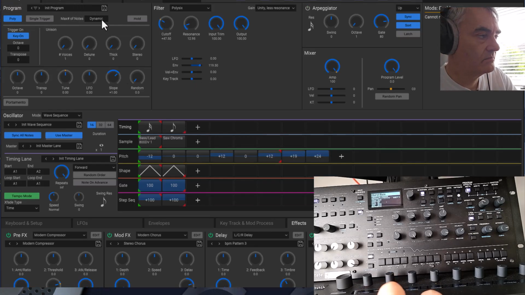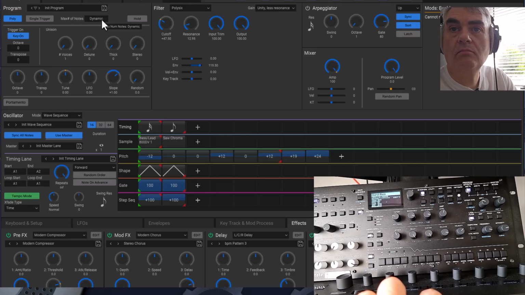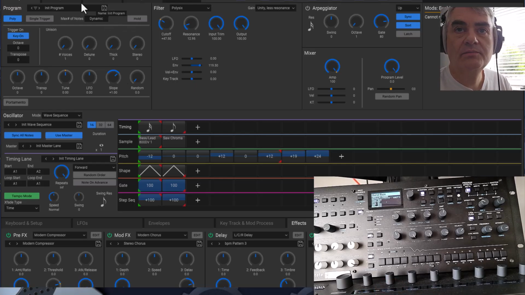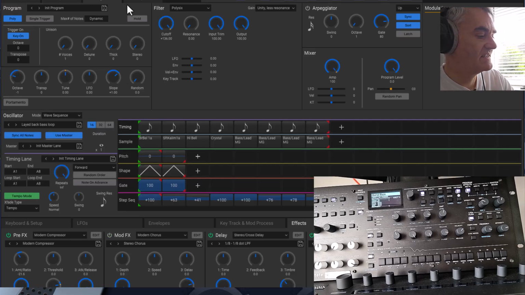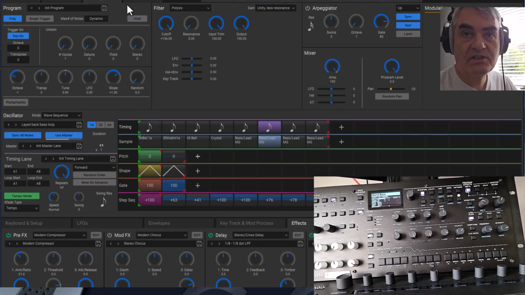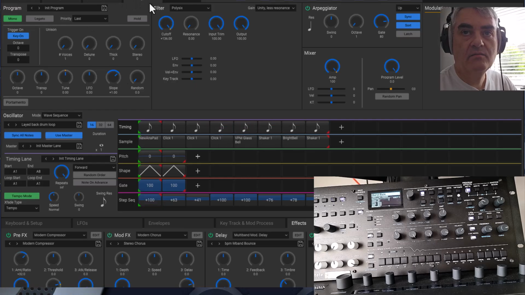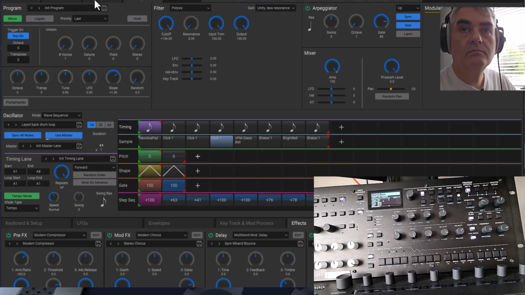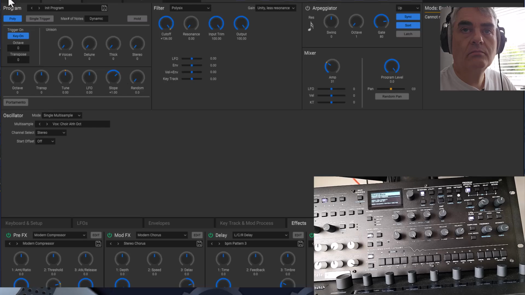And then layer B is a nice choral. Layer C is just on the left hand, and that's using a wave sequence, so we've got the bass and some of the effects on there as well. And then layer D is the rhythmic part. So when you put them together,